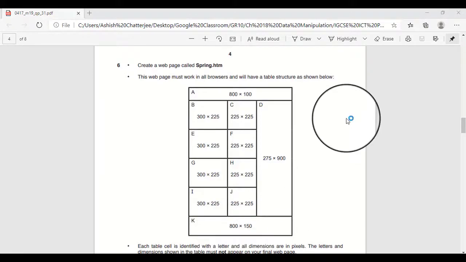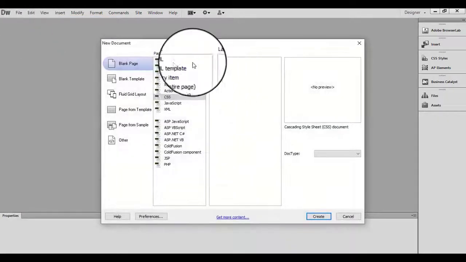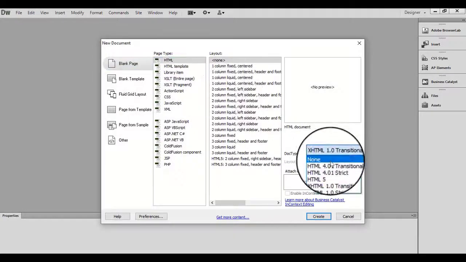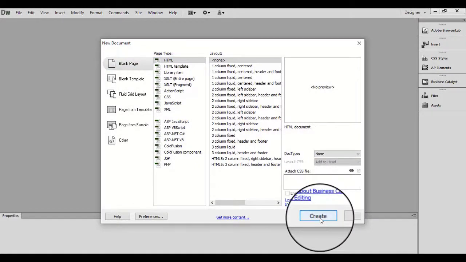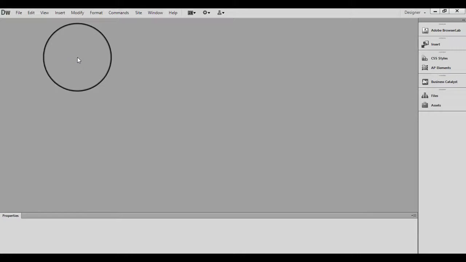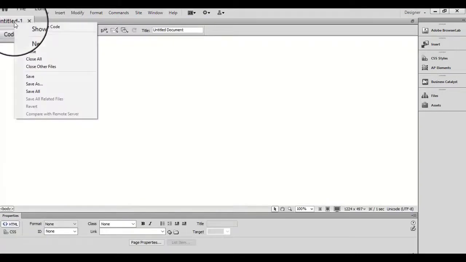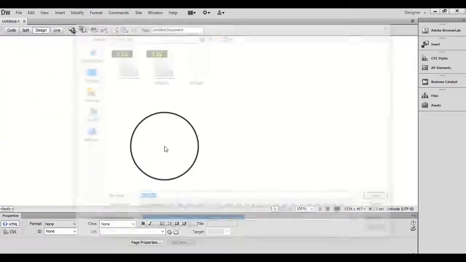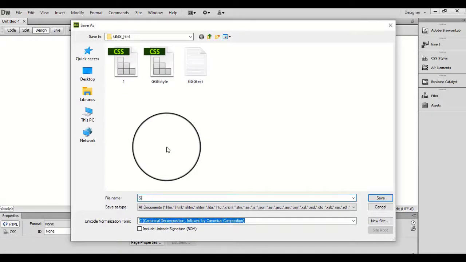So let us just go to Dreamweaver. We are right now on Dreamweaver, and now click on File, New, and take HTML on this area, and from here you can click No and click Create. Now we need to save it as spring.html, so Save As, and here you can just type spring,